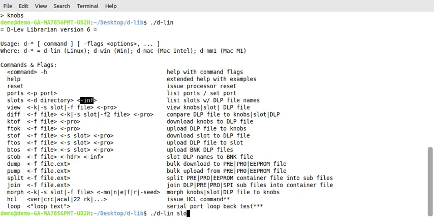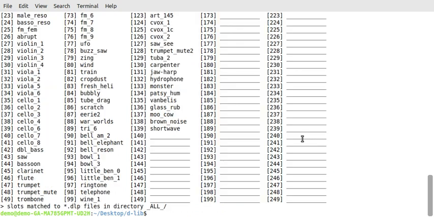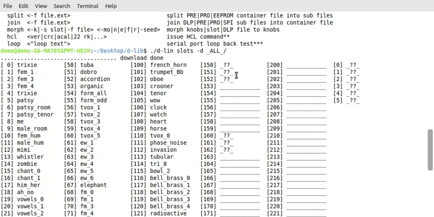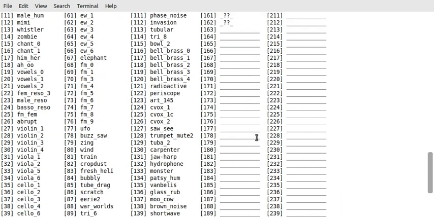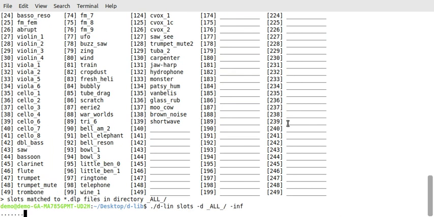Let's see, slots, directory, okay, used to this sort of screen, and the question marks for slots that it doesn't know what they are. They're not exact matches for any particular file. If we use the .inf flag,